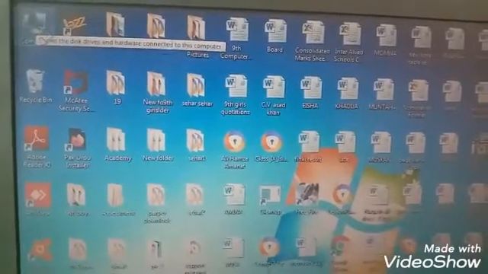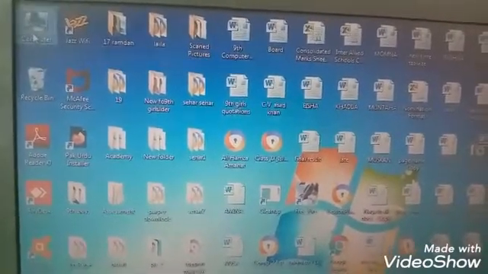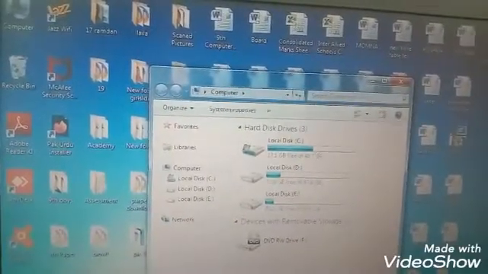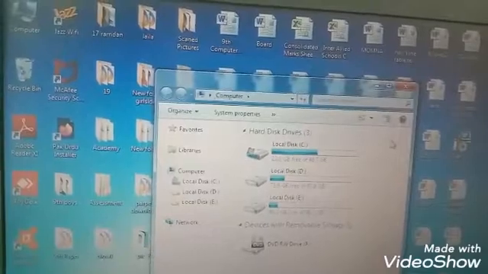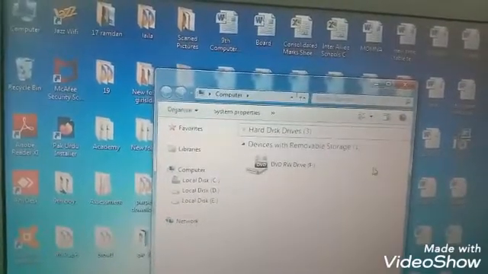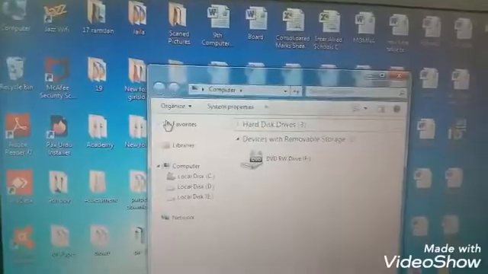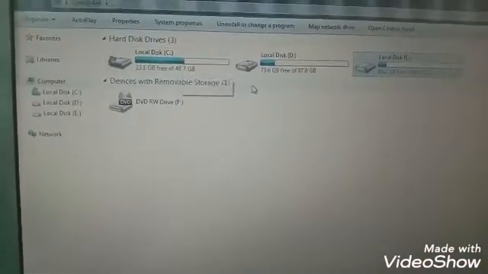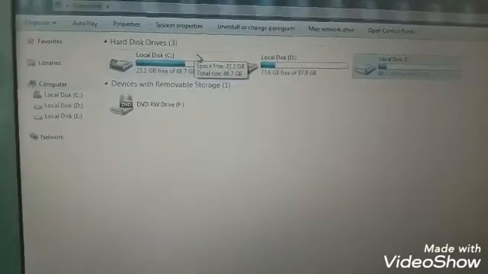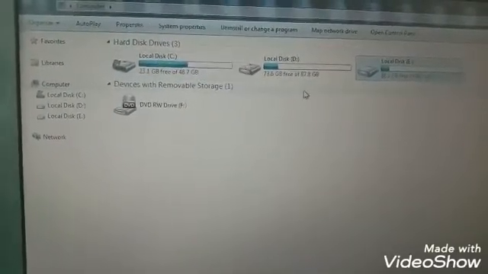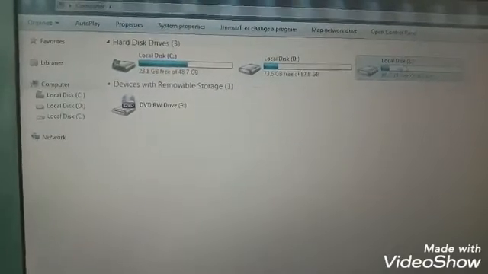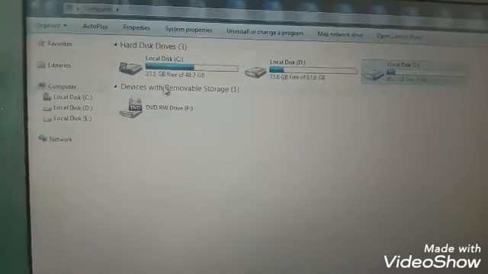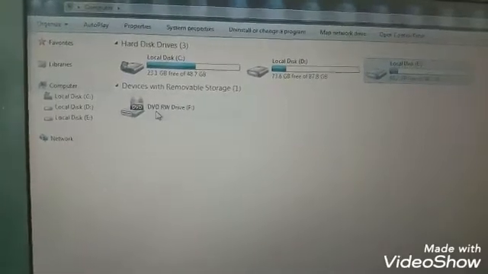When we click computer icon, this screen appears on the computer screen, and contains different hard disk drives like disk C, disk D, and disk E. This also contains a removable storage device like DVD.